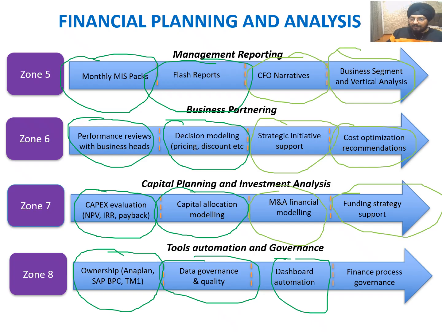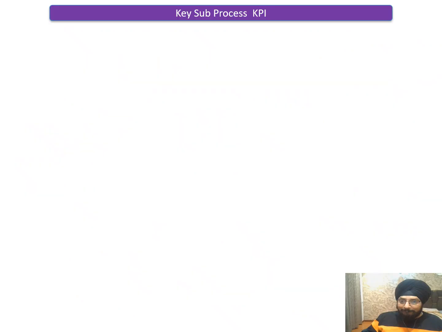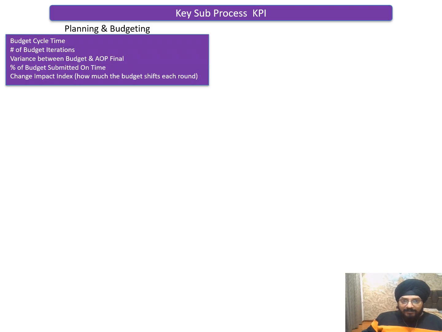We'll quickly move to the next slide and look at all the KPIs that are required to ensure that our sub-processes are working. Okay, so let's quickly have a look at all the KPIs of all the sub-processes within FP&A. In planning and budgeting, we have budget cycle time, which is on the timeliness of the budget. Then we have number of budget iterations. This will let us know the accuracy and the timeliness of the information that we have in the first place. If we have multiple iterations, it means that the information is not coming in an accurate manner in the first place, and we need to take action